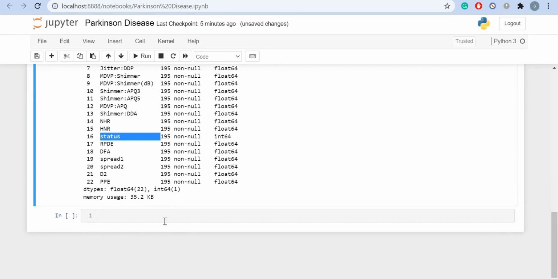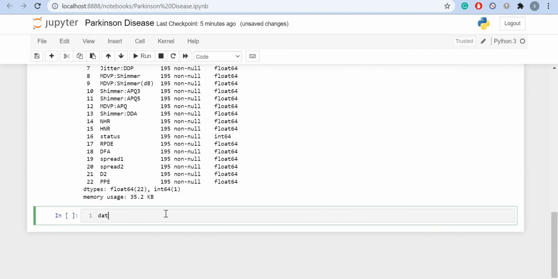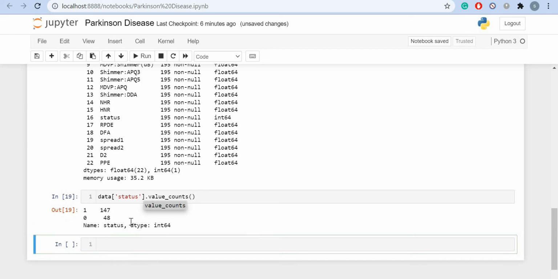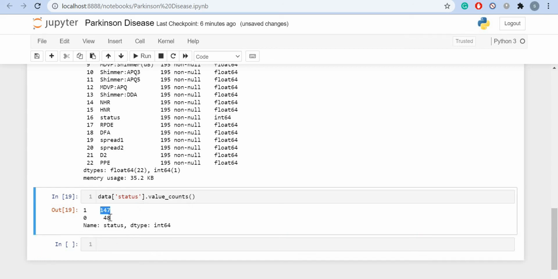And with this said, we can go ahead with the other parameters, like let us just find the value count of our target. So it should be 2, as there are only two conditions, which is the patient would be having Parkinson or would not be having Parkinson. But let's just verify it with this pandas function, which is value_counts. Now here we can see that we're having 1 as 147 and 0 as 48.